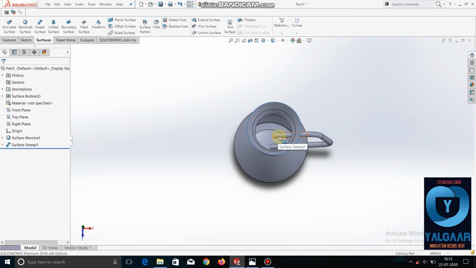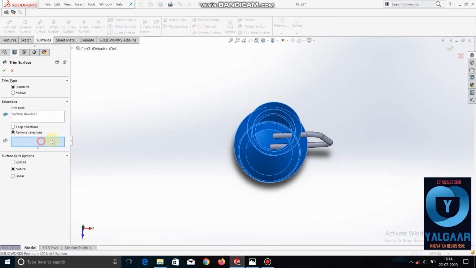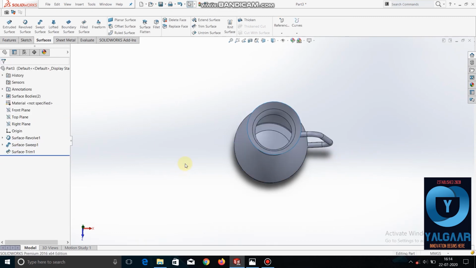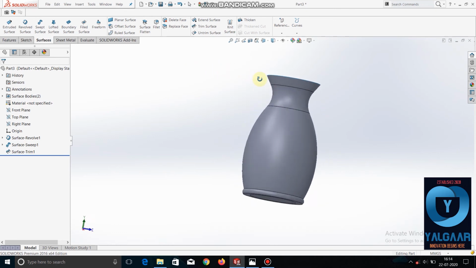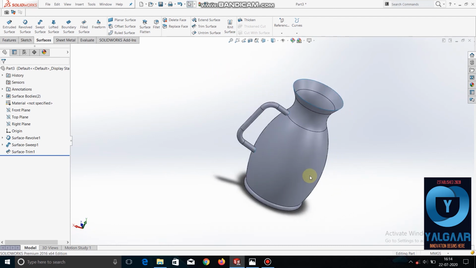So select the trim surface, select this trimming tool and remove these selections. So now see here, the selections are removed. So now we will move to the last part.